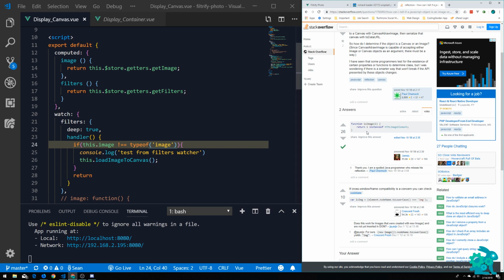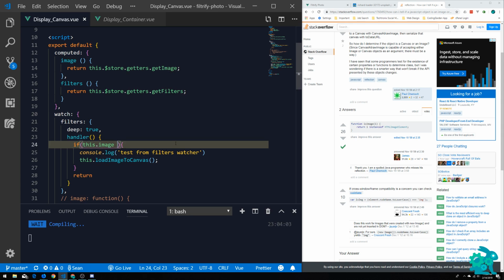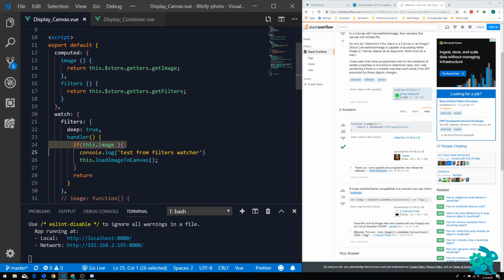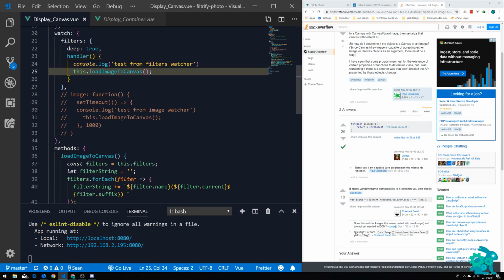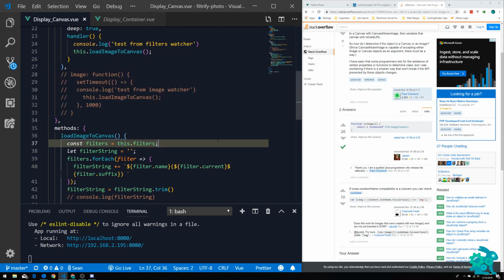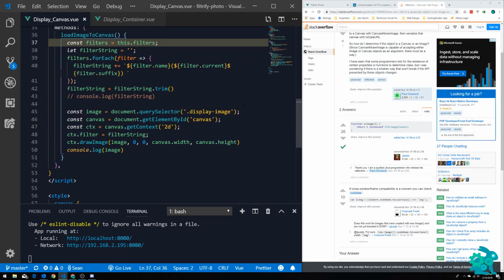Function is image, instance of it is. Oh wait, don't want that. That's silly. Oh, okay, so Josh is saying not inside the watch property, but inside of the method that we have right here. So after